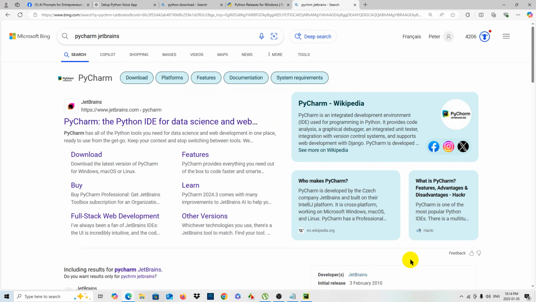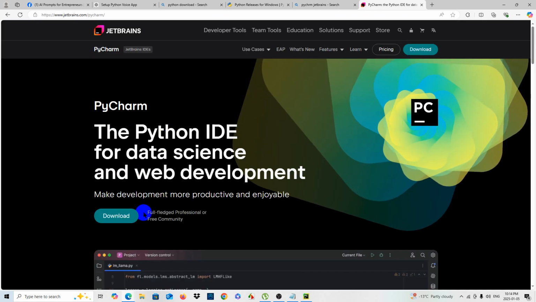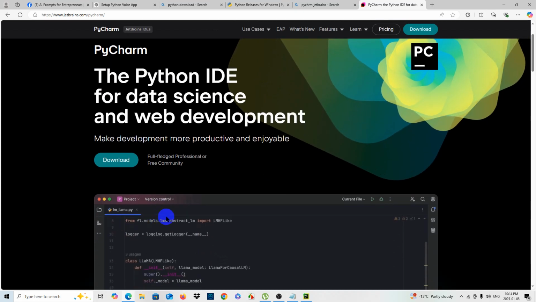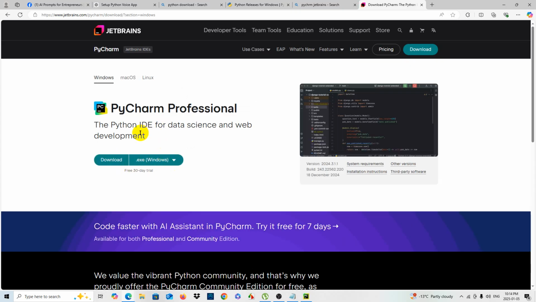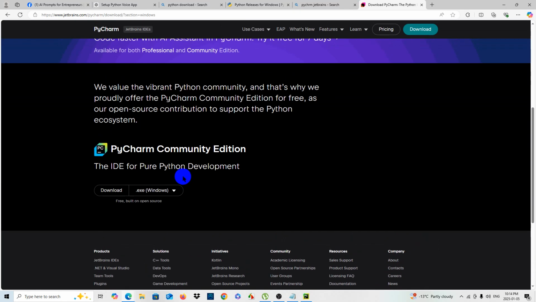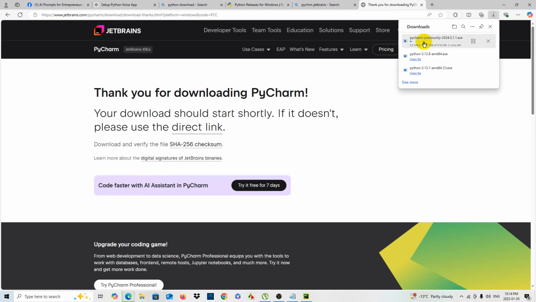Now, having Python installed on your computer is a good step, but you need a code editor, and I highly recommend Pycharm, very popular. So I'm gonna click on Pycharm here, and here you have to go all the way down, I think, to download the free version. Actually, just click here, and you don't want to pay for it, so you just want to go down here, the community edition, it's free, and you can just download it. Actually, you can choose, yeah, I think this one is a good one. Okay, so you download it, and